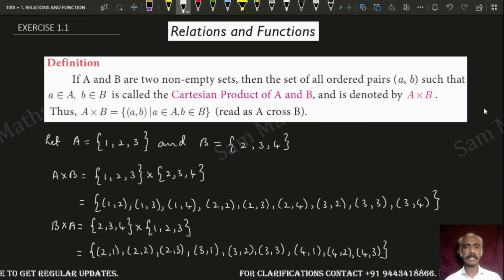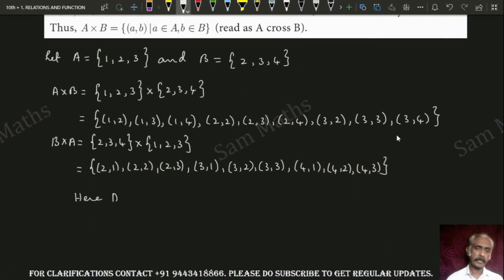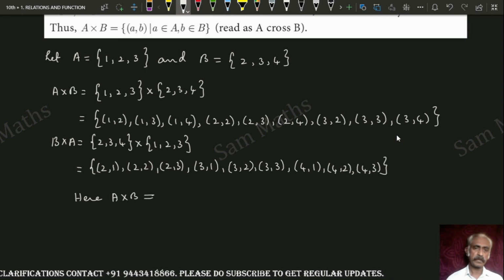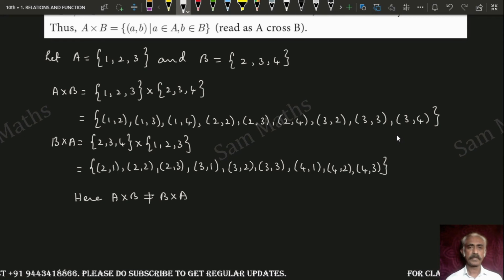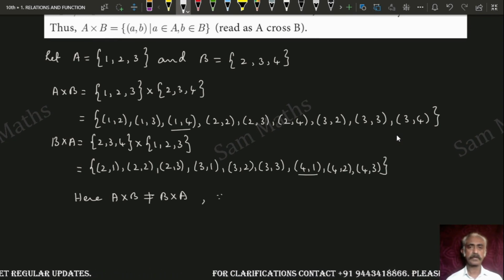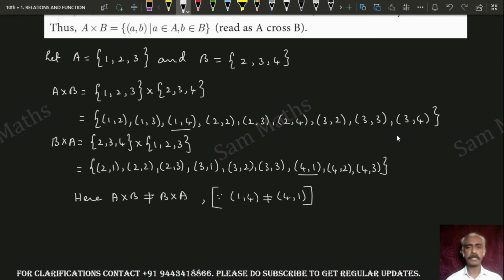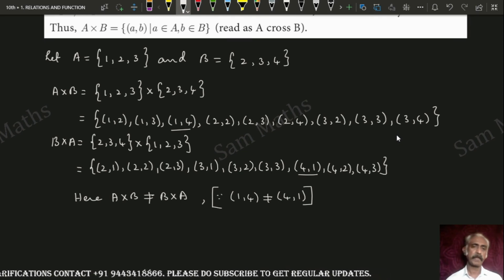Now we obtained A cross B and B cross A. Here A cross B is not equal to B cross A. Why? Here we have (1, 4). Here we have (4, 1). Both are not equal, since (1, 4) is not equal to (4, 1). Are you clear, children? Some elements may be equal, but not all. But